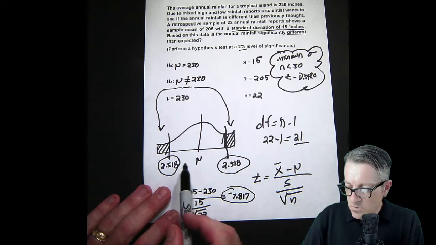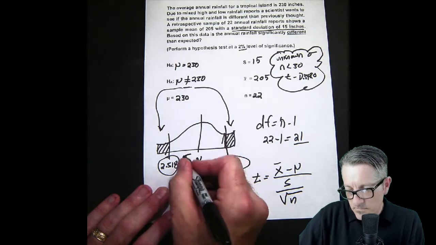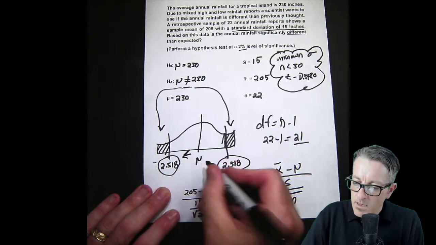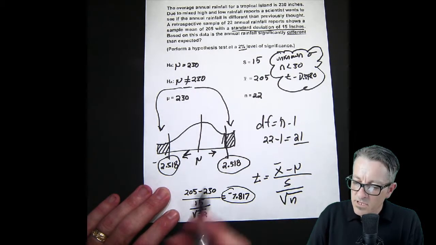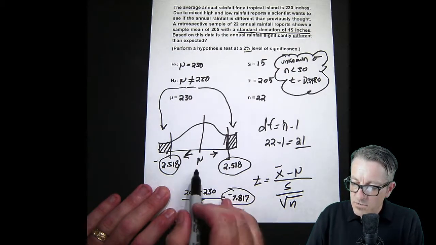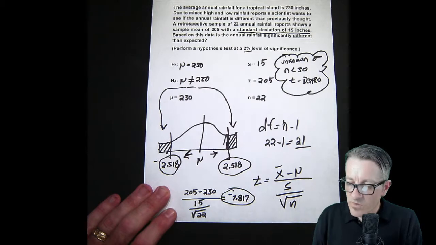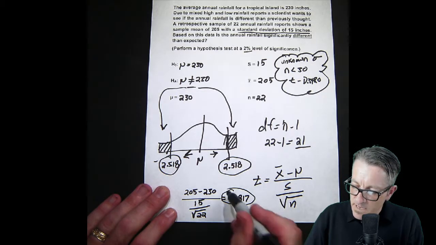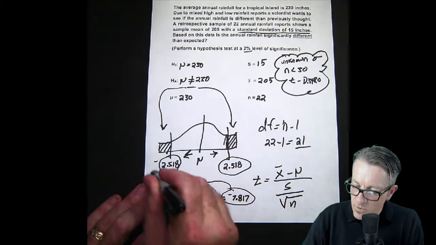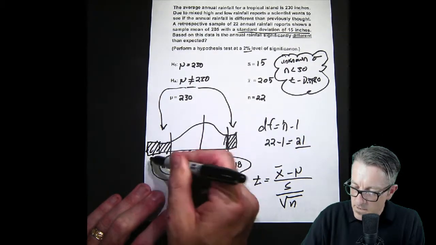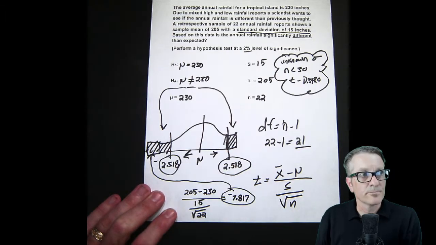Okay, with the rejection zone method, if this value is inside of our rejection zone, we reject our null hypothesis. This one's technically negative, but it's only for directionality. As we move away from mu in the middle, this number gets larger, which is essentially standard deviations away from the population mean. So we need to place this on our diagram, and it's going to be way over here somewhere. If you could imagine the tail being longer, it would be right in here in our rejection zone.